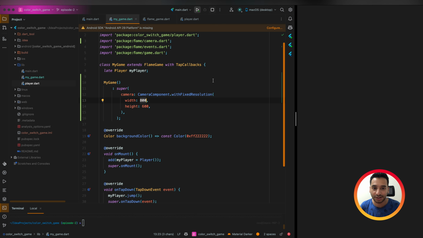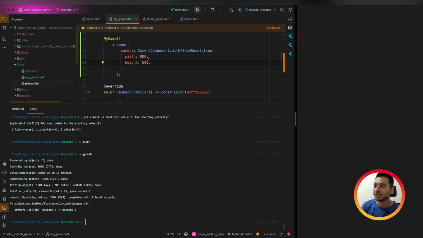So if you are playing on a mobile, it decreases the size to fit one side of the screen and shows a black area on the side that it does not fit, because it tries to keep the aspect ratio in all devices. Okay, let me change it to something like 600 by 1000, because we want to have a rectangle, a vertical rectangle in our game.